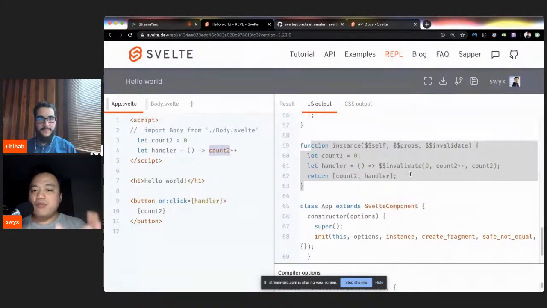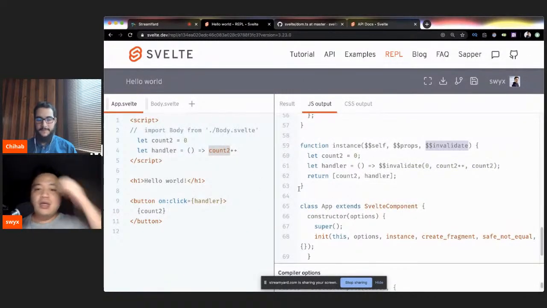So I'm going to wrap it inside of an invalidate function, and this invalidate function marks this component dirty. Once this invalidate function is run, the Svelte runtime, which is just very small,